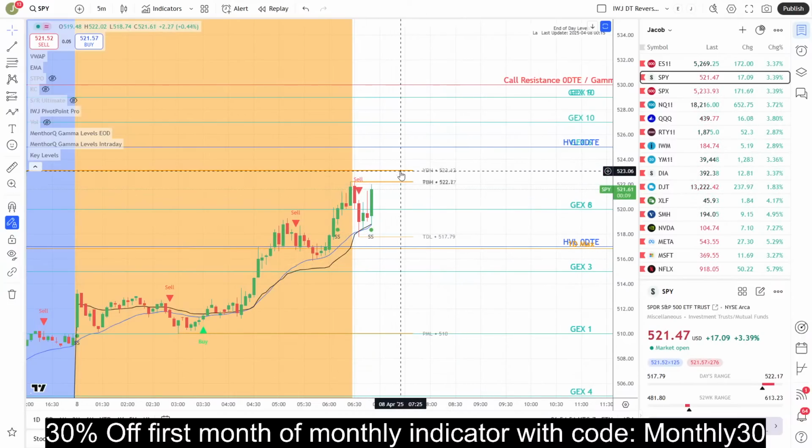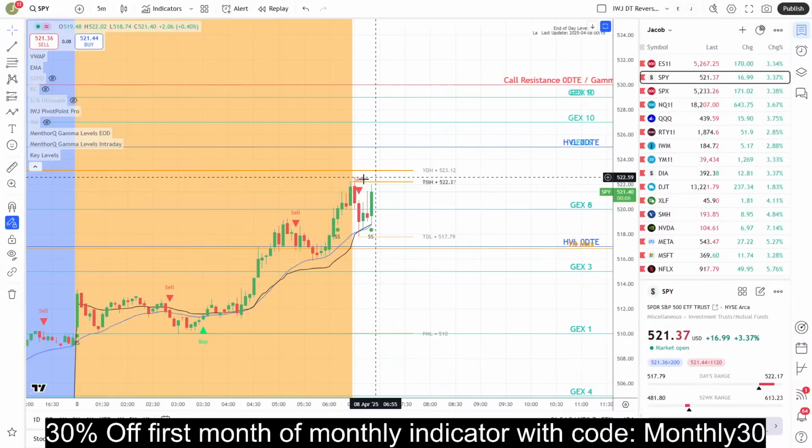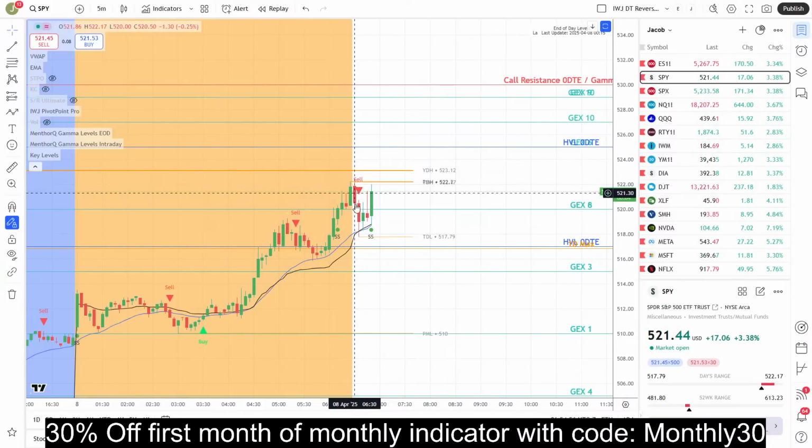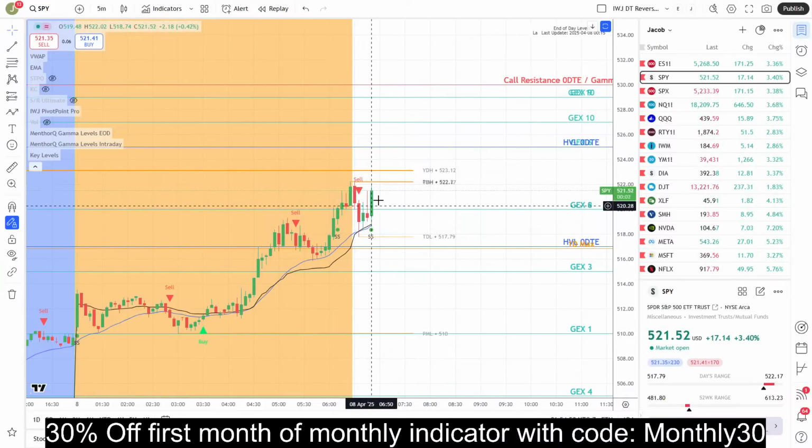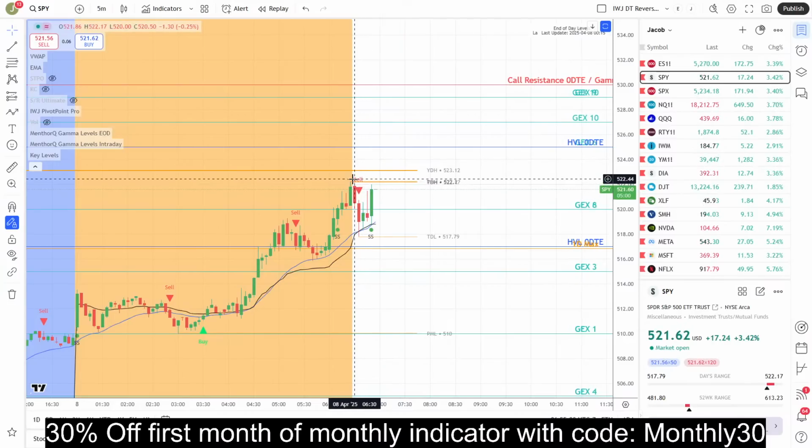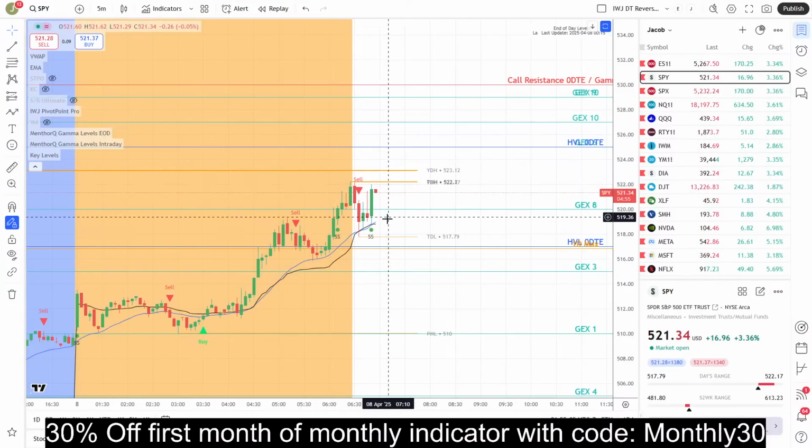We are approaching yesterday's high at 523.12. We didn't quite get there here and rejected. They just weren't able to follow through to get past VWAP. So if they take out this high right here and hit that, the next test of VWAP will be pretty